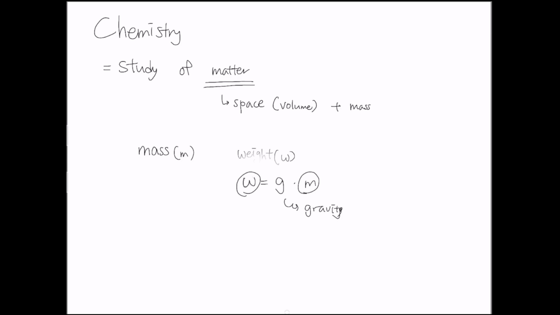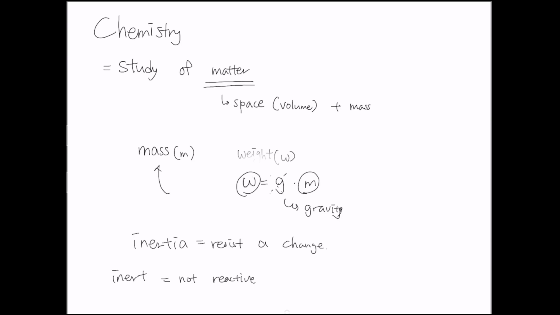But in chemistry, we don't want to deal with gravity so much, so we're going to mainly focus on mass. Okay, because mass doesn't really change. The property of mass to resist a change of position or motion is called inertia. Basically it resists. In chemistry, when we say something is inert, that means it's not reactive. It'll be very stable. It's not going to react with other substances. That's what it means when we talk about inert or inertia.